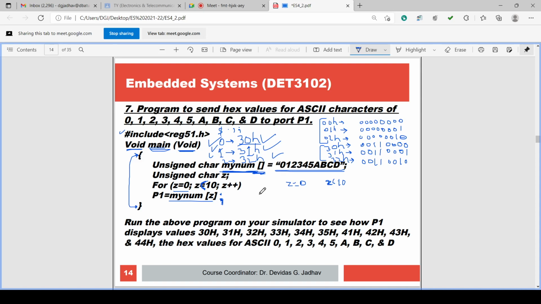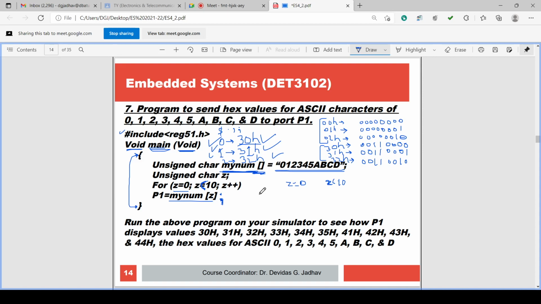In this case, the array is storing 10 different values. So the array dimension is 10; total array elements are 10. So 10 different array elements are there.